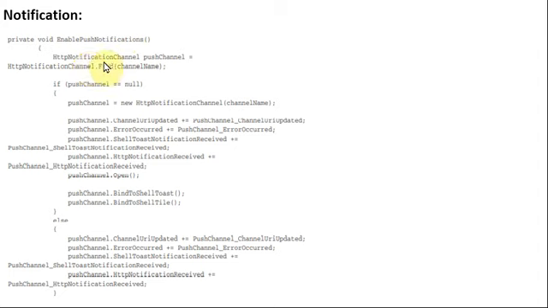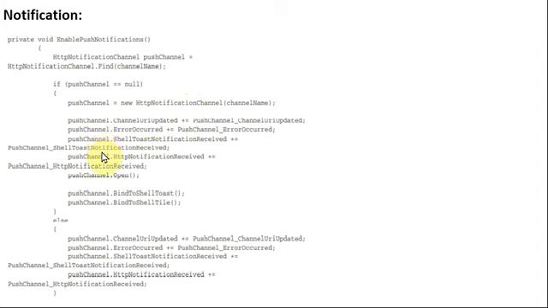Here we are giving a channel name and checking whether it is there, that is find channel name. If the push channel is equal to null, if it is not there, then we must build a push channel to receive communication within your app. So here we are going to create a push channel.